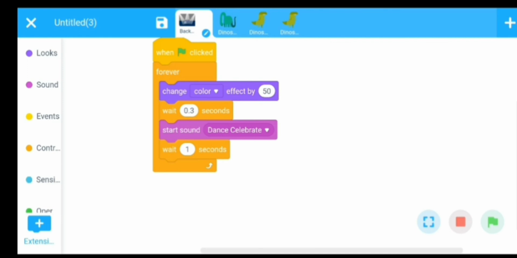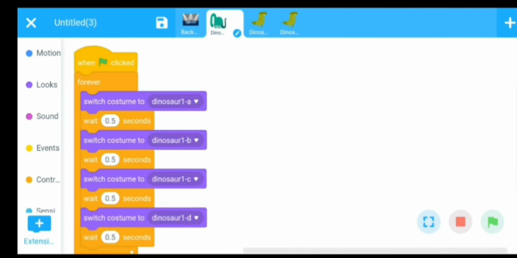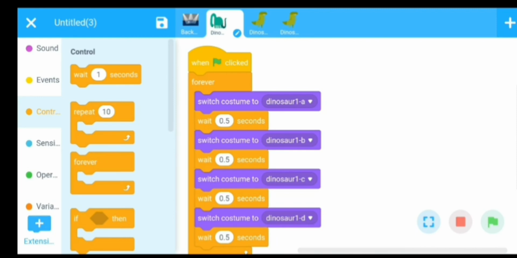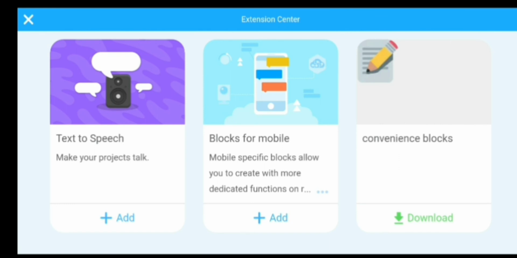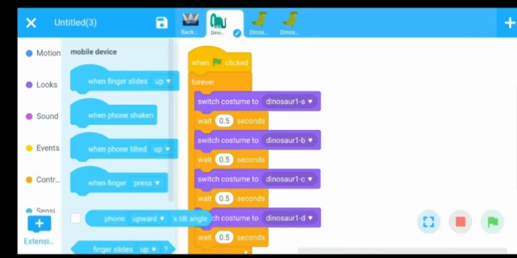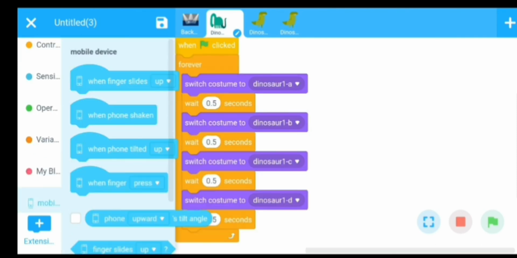Now if you want to add the color effect in your sprite, you can do this. First you click on the extension, then add mobile block, add it, use the command when finger slide up.